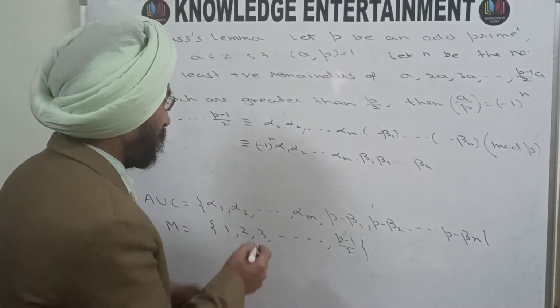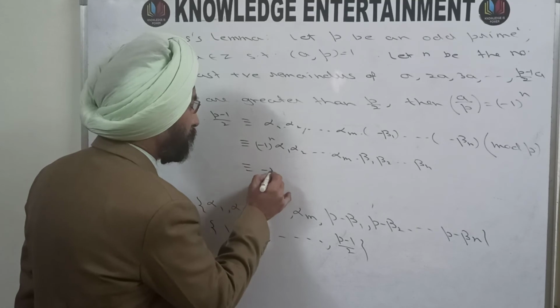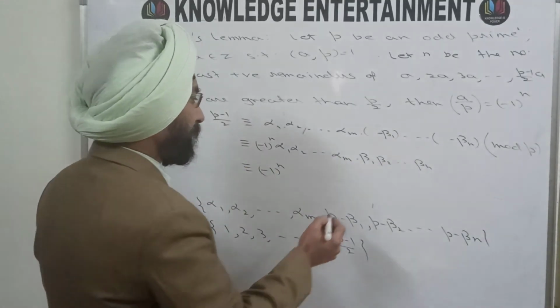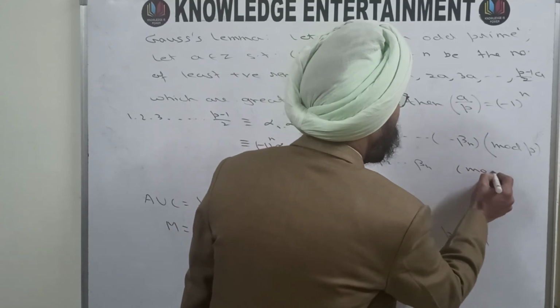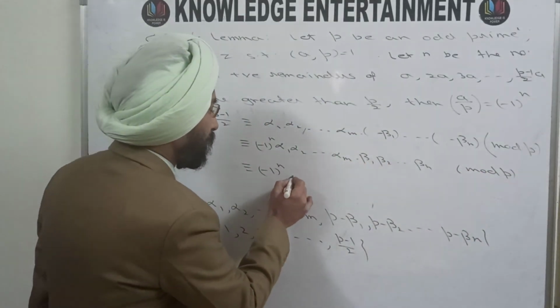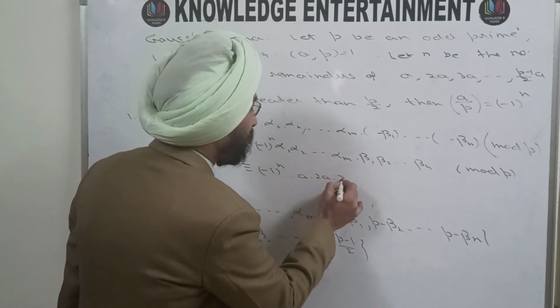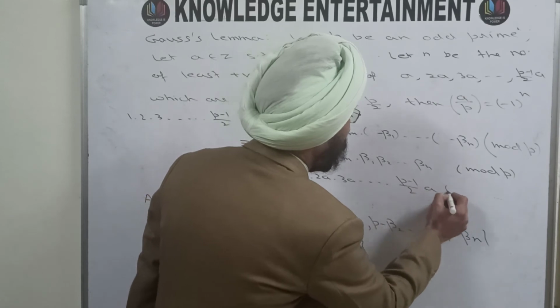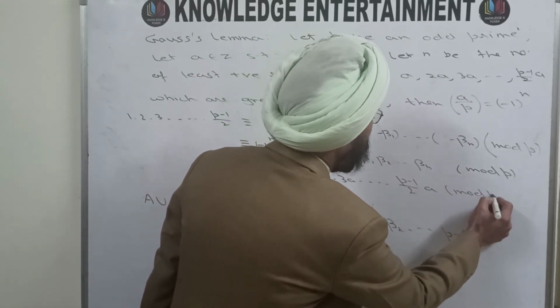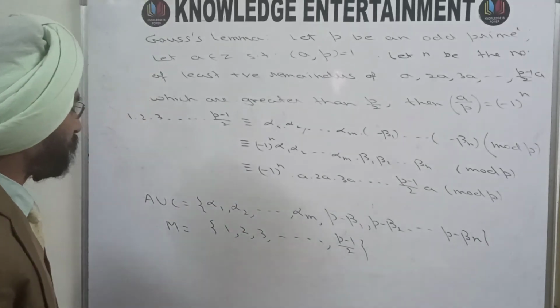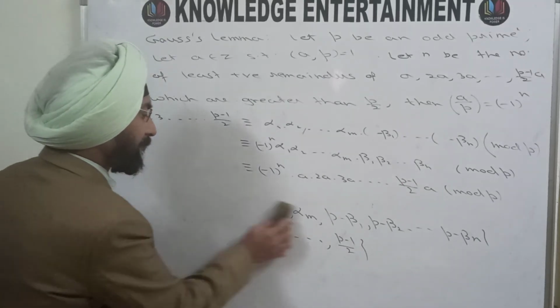So you can write it as congruent to (-1)^n modulo p, and in some order these numbers are congruent to a, 2a, 3a and so on, up to ((p-1)/2)a modulo p, in some order. What the order is, we don't know, but in some order it will be. Once again,